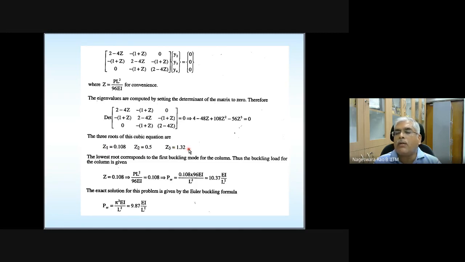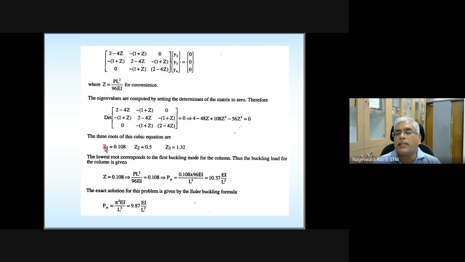And then how do you solve the eigenvalue problem? Please go back to your basic mathematics and check. Maybe you studied it as part of your 12th class mathematics or first year engineering mathematics. Once you get the eigenvalues, you substitute each of these eigenvalues and solve for y2, y3, y4. When solving, you need to equate one of these, either y2 or y3 or y4, to 1 and solve for the rest. So that is the procedure.